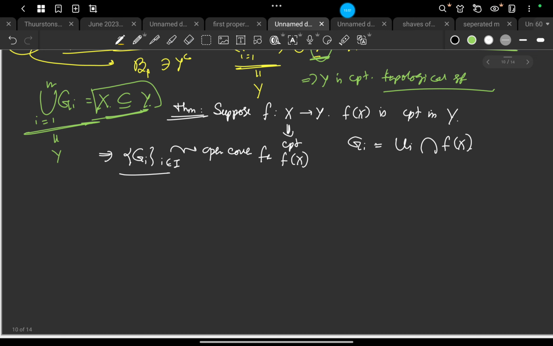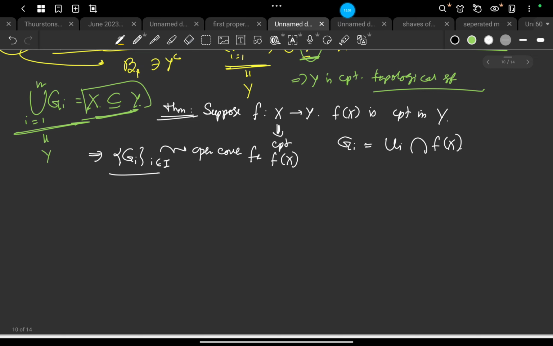Now these Uy must be open in Y. So now let's consider a collection B which consists of all the open sets f inverse of Uy.